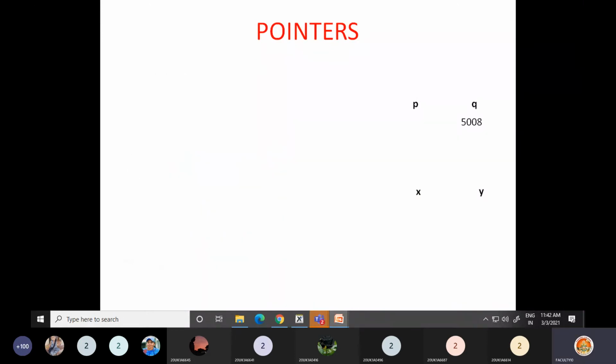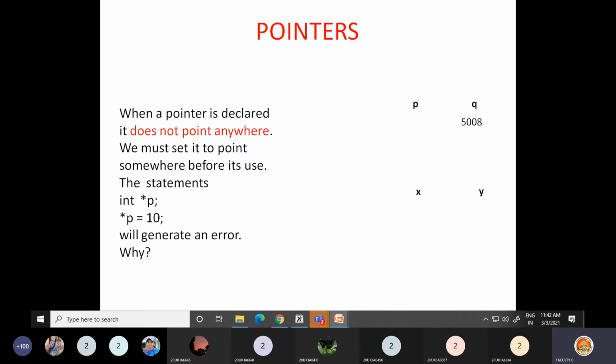So, just try to get more concepts about pointers. When a pointer is declared, it does not point anywhere. Initially some garbage address will be present in it, and we must set it to point to some variable or some memory location before it is used.